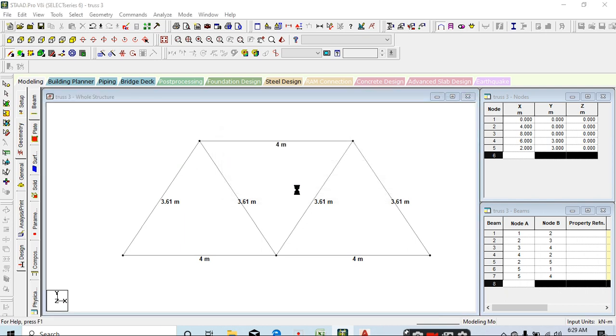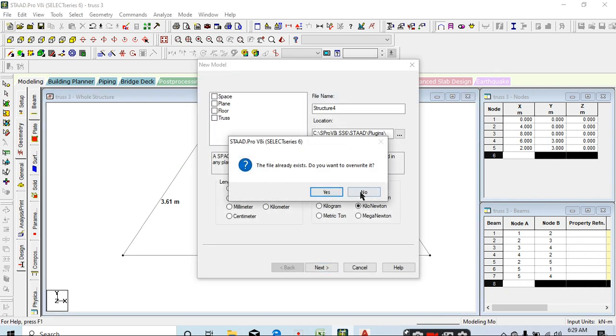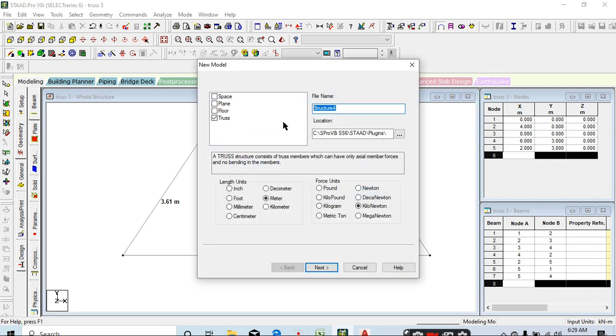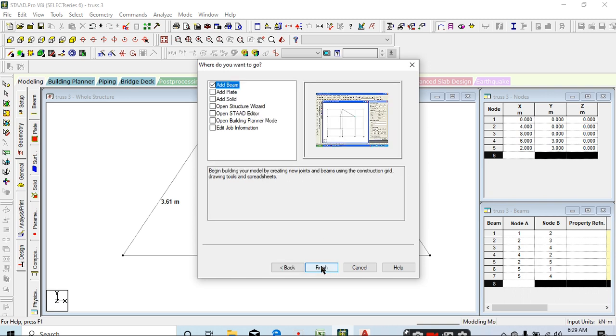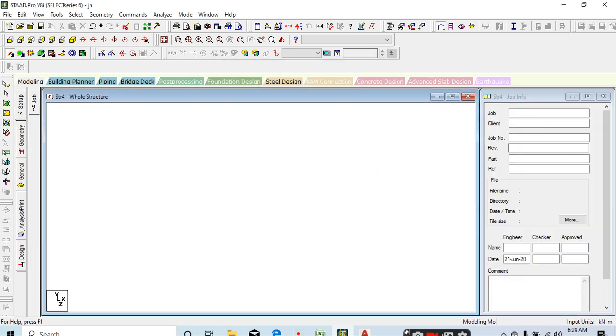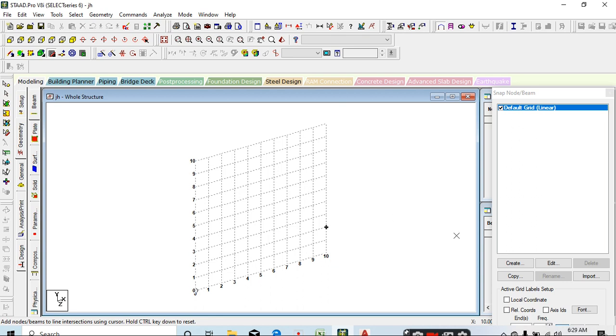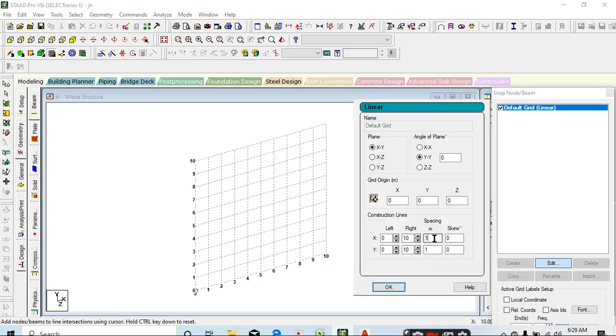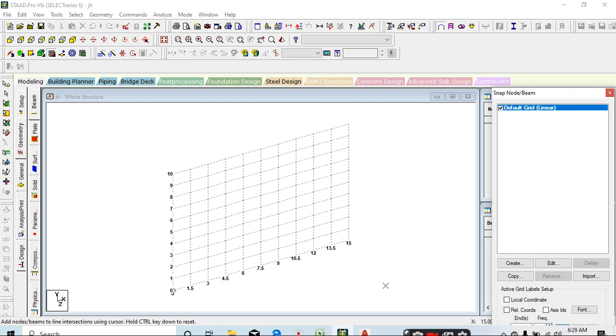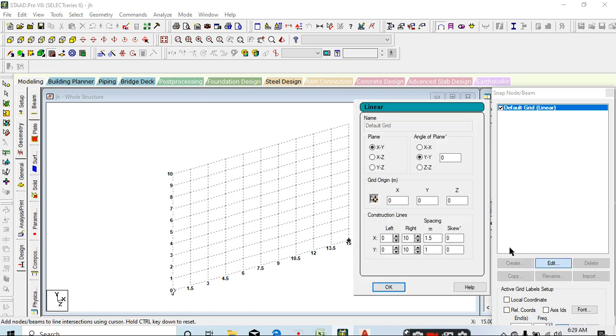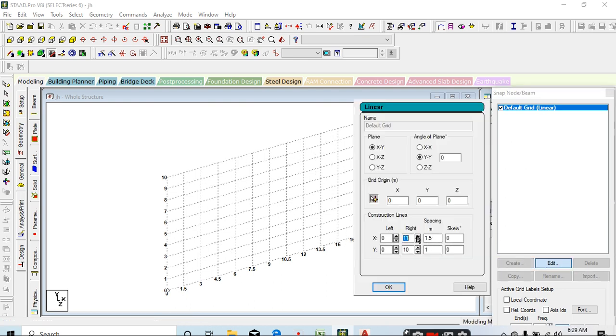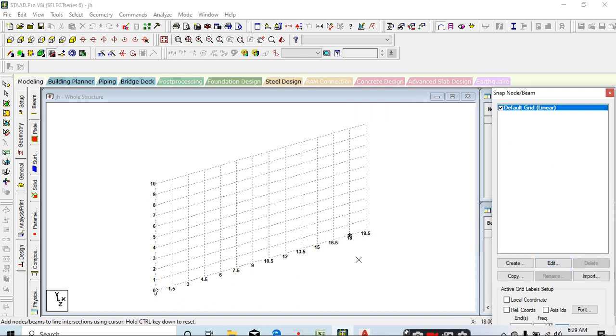Open new project. Edit spacing will be, let's take 1.5, and increase the segments for 18 meter.